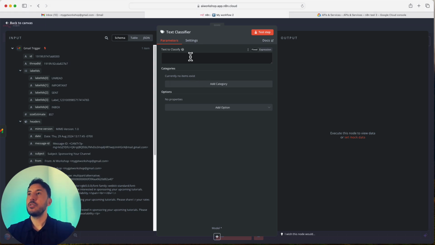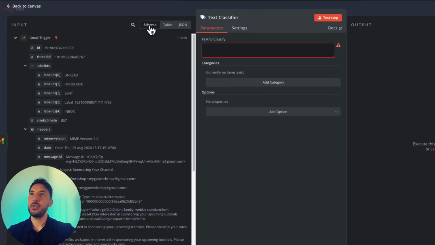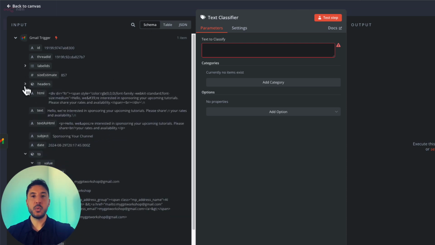So first, what we need to do is figure out what text we're classifying. And this text is going to be coming in from our Gmail trigger. So for the text to classify, make sure you're in schema, and we're going to grab our text, which is the body of the email, because we want the classification to occur from the body of the email and not the subject or anything else.